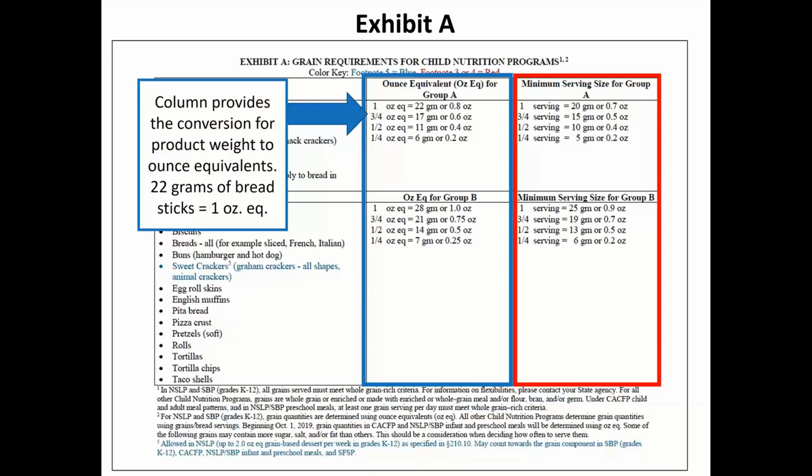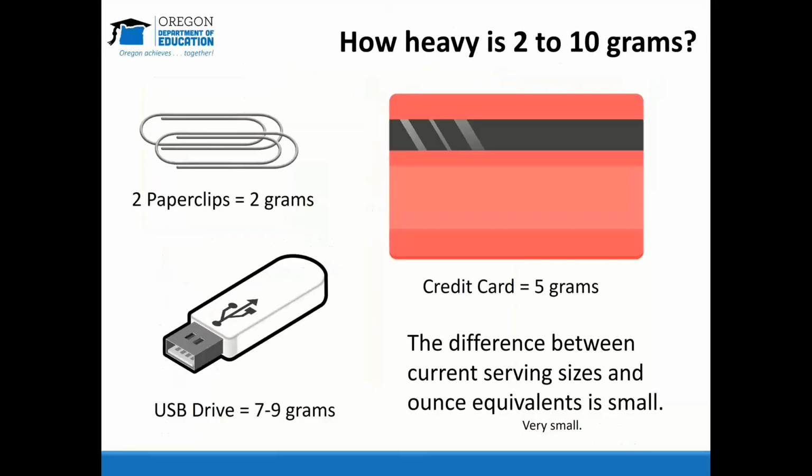That's not a lot of difference. And if you are not familiar with how heavy a gram is, here's a few common examples that you probably have lying around on your desk right now. 2 paper clips would equal 2 grams, so that's the difference in Group A. A credit card weighs about 5 grams, so I'm not counting all of those very heavy credit cards those power users out there have, but just the regular credit cards. A USB drive would weigh between 7 to 9 grams, so you can see that these are not very big